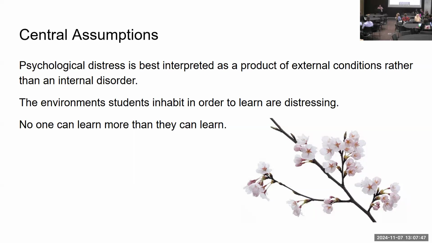And so when you're designing a course, it is especially important to keep in mind that you don't have control over what students take from it. You do not have the ability to say students will learn this because you don't know that. And so part of designing for mental health, I think, is recognizing that what any student can learn is what that student can learn, and there are limitations to how you can affect that.